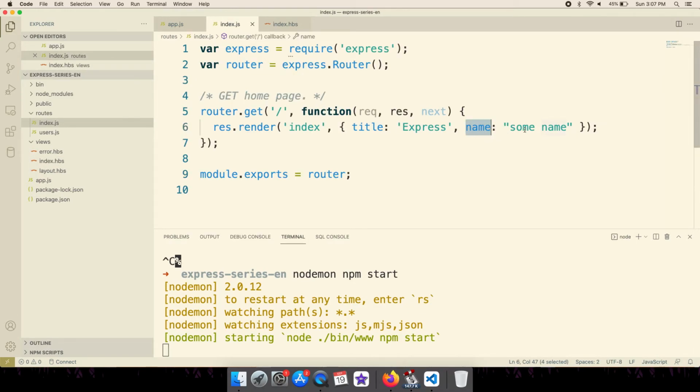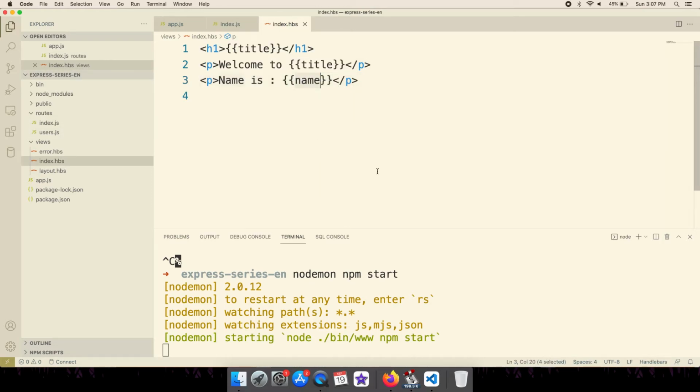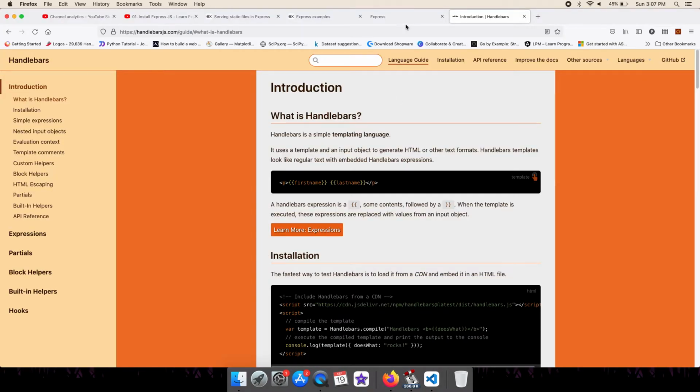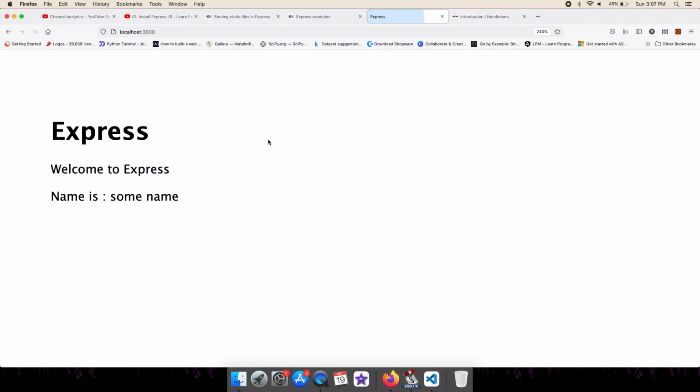So this some name will be available here as a name variable. So let's see whether it is working. And if you reload this page, you can see name is some name. So this is how basically you pass some data from your code to the templating engine or the view part.